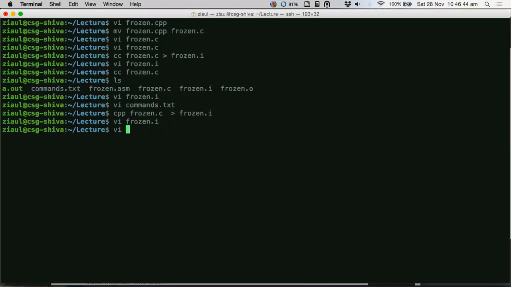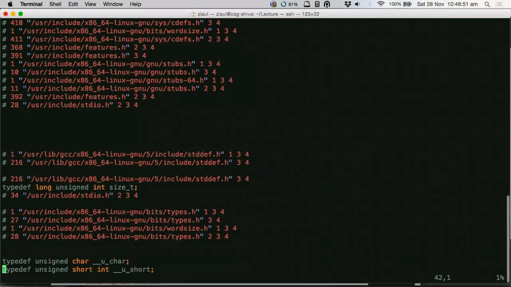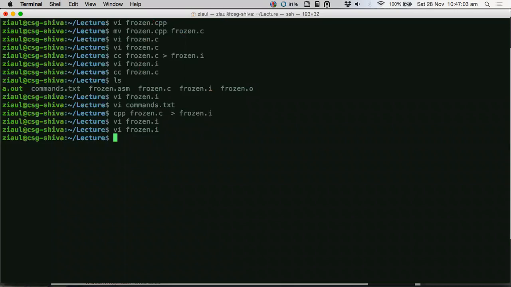Is it clear, guys? Yes, sir. So this particular file is what goes to your compiler now after the pre-processing. And the compiler will start compiling your code as well as the other functions that you have invoked through the header files. So a header file is just like a register of functions. It maintains, within this header file, these are the functions, these are the locations of those functions. Whenever you invoke these functions in your program, go there, pick up the code, compile it, create object code, and link to a program.